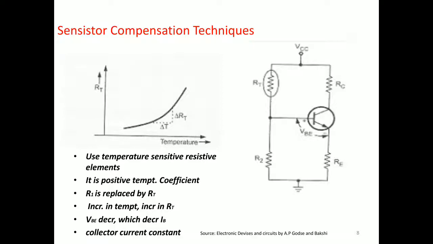Again we have to analyze what happens if the temperature changes. As the temperature increases, the RT value increases, which decreases the current flowing through it. Hence R2 decreases, which reduces the voltage drop across it. Once the voltage drop across the base and ground reduces, VBE reduces, thereby IB reduces. It means ICBO increases with the increase in temperature, and IB reduces due to the reduction in VBE, thereby maintaining the IC value. So we are compensating the changes and keeping the Q point stable at the junction.